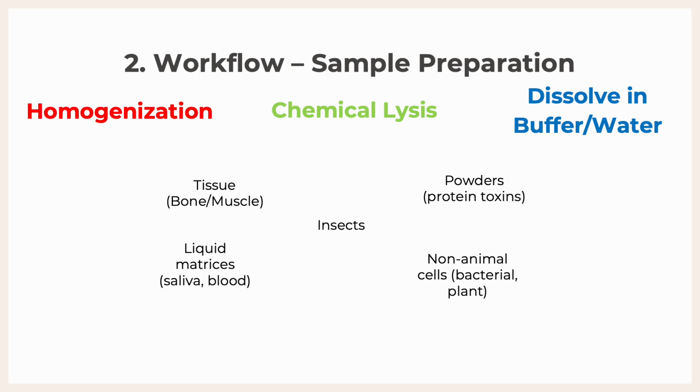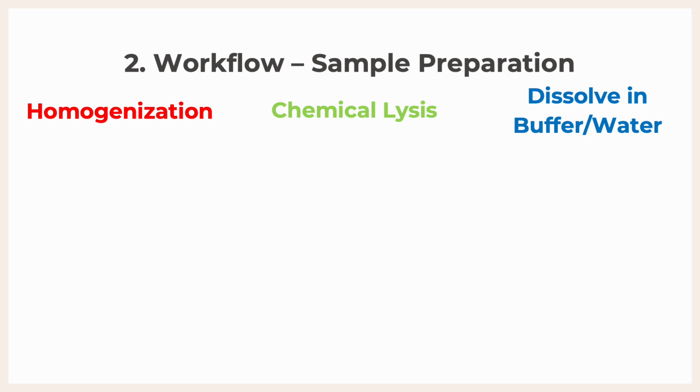And so based on those descriptions that I've given you about each sample preparation step, I'll challenge you all to sort of place each sample type that I have on screen into where you think it should go, right? So these 5: tissue, insects, powders, liquid matrices, and non-animal cells, sort them into how you prepare them, essentially. And the answers